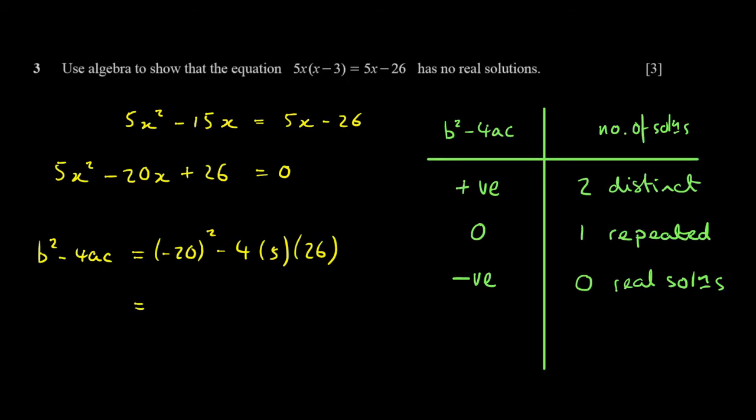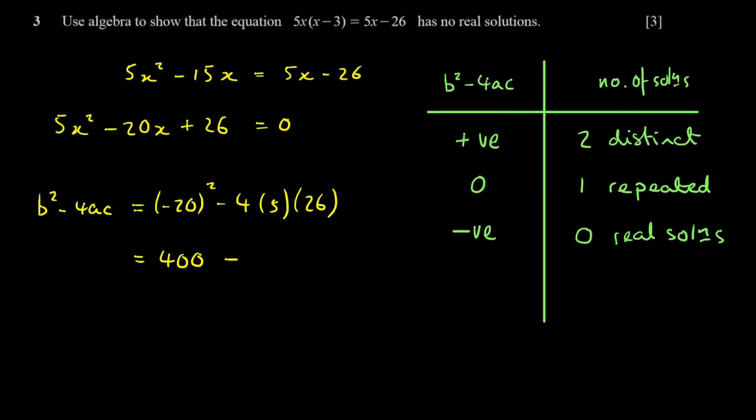Well, negative 20 all squared is positive 400. 5 times 4 is 20, isn't it? And 20 times 26, I can do 2 times 26, which is 52, times 10 is 520. So we've got negative 120, and lo and behold, the discriminant is negative, which means we've got no real